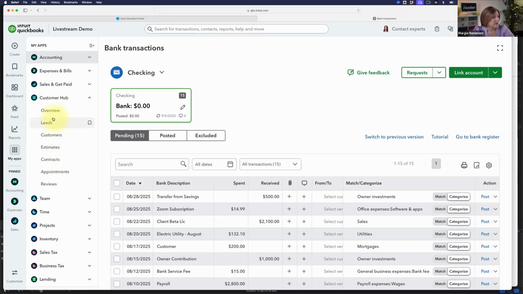Customer Hub. Now, as you know, or maybe you don't know, a number of years ago, Intuit purchased MailChimp. So now MailChimp is integrated into QuickBooks Online.